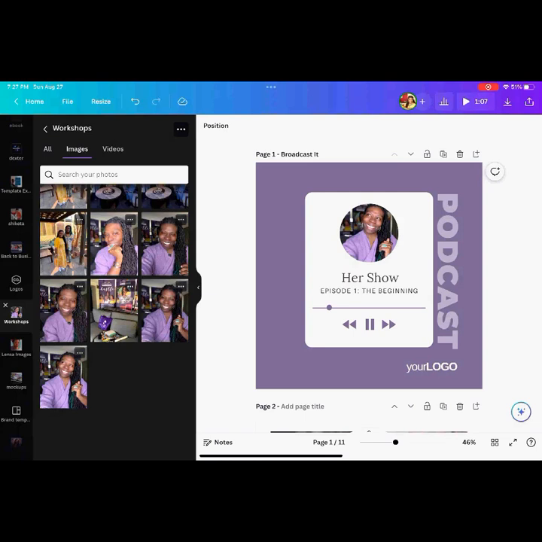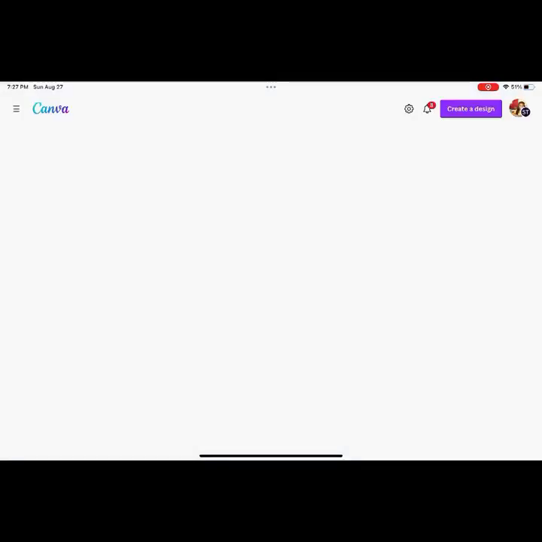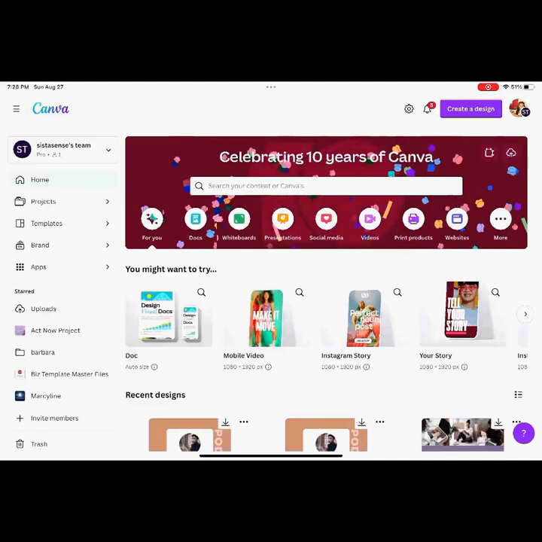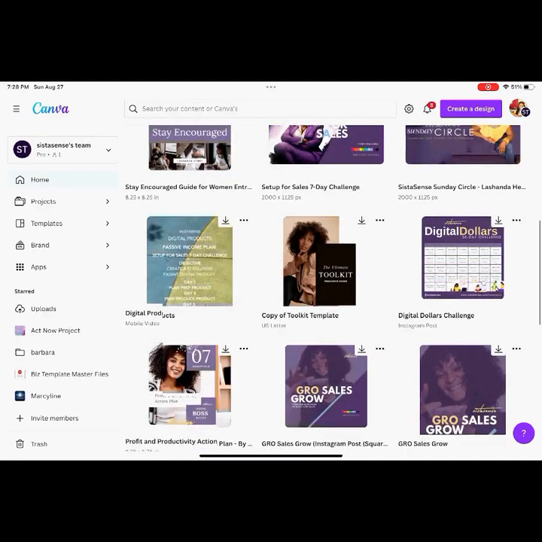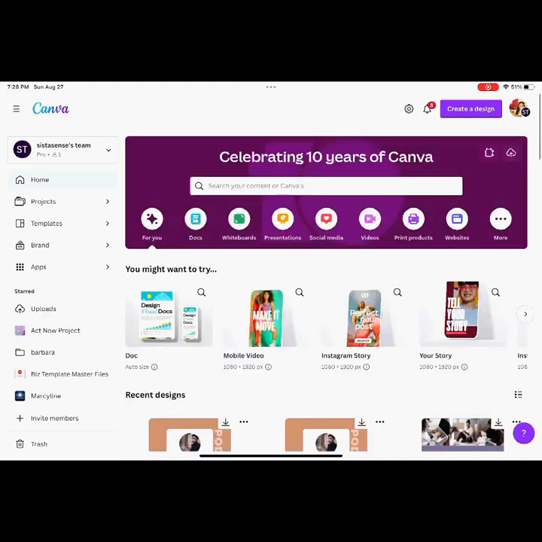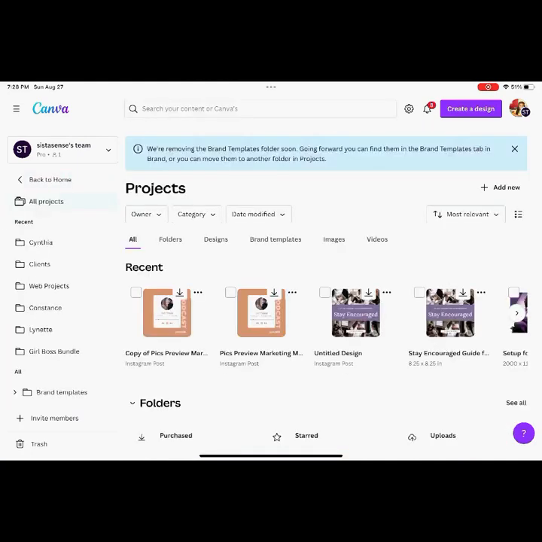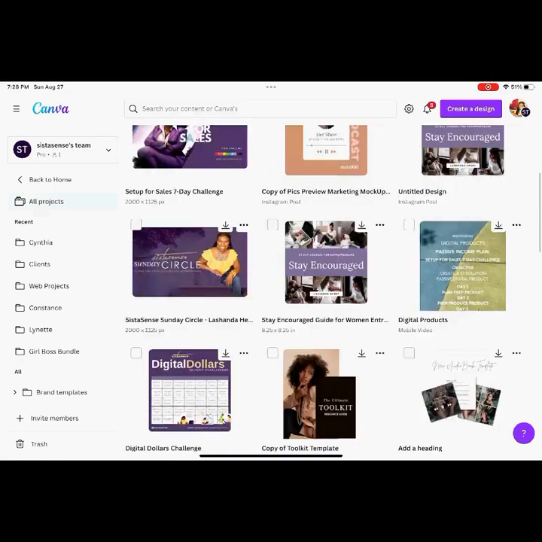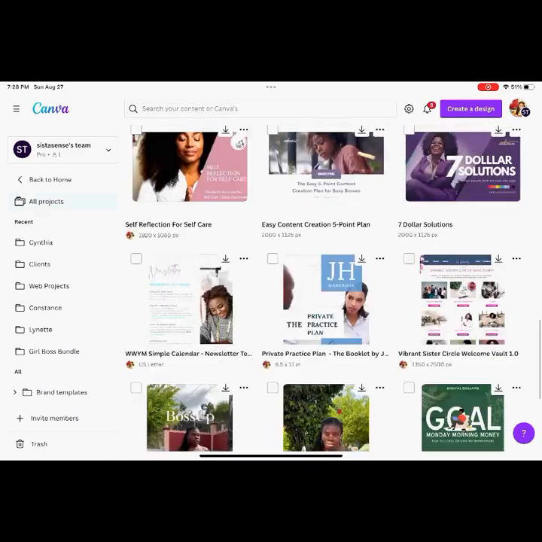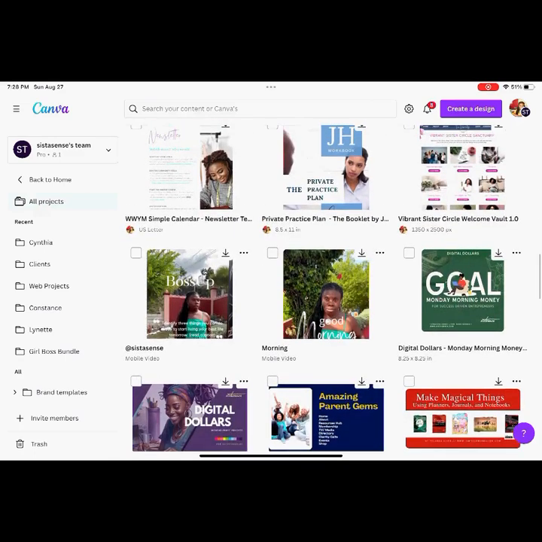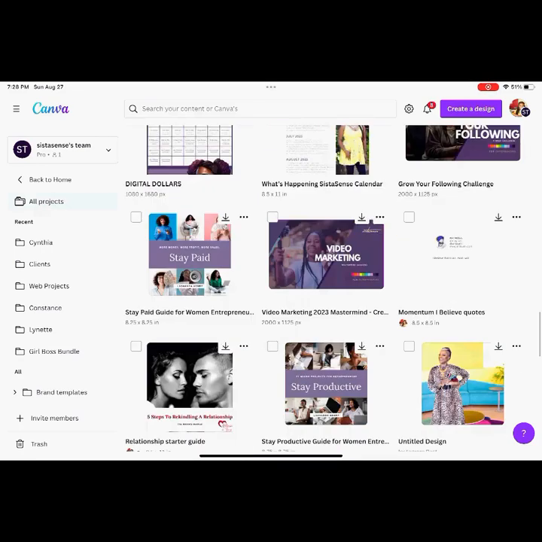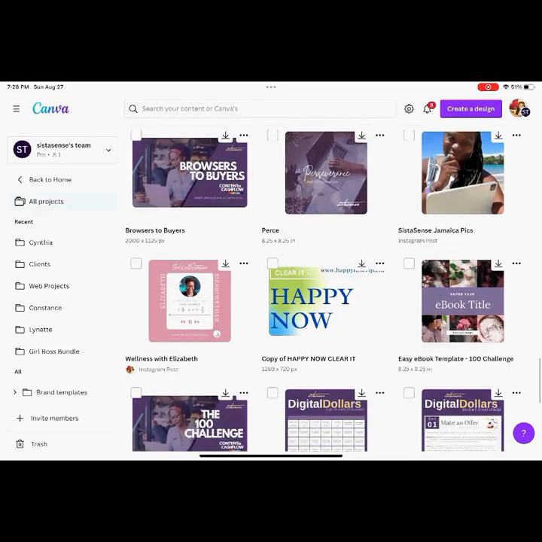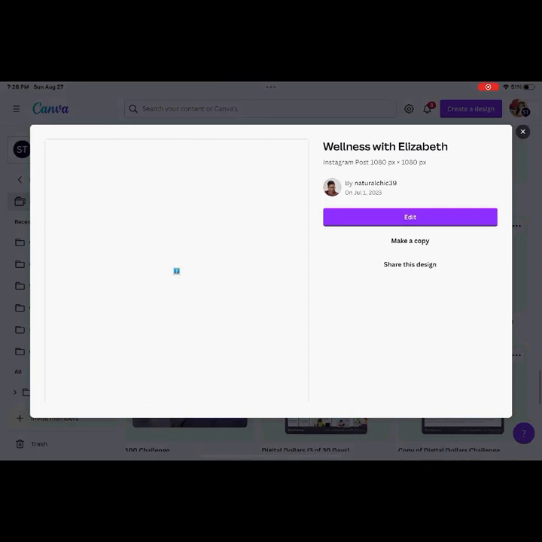So let me show you something very similar to this one that I did for one of the ladies in my circle, Elizabeth, who specializes in self-care. Okay? So I may have to scroll a bit. You know how Canva is when you're looking for projects. But let's go over to designs real quick, and I'll show you a slightly different variation that I created for Elizabeth. Okay, here we go.